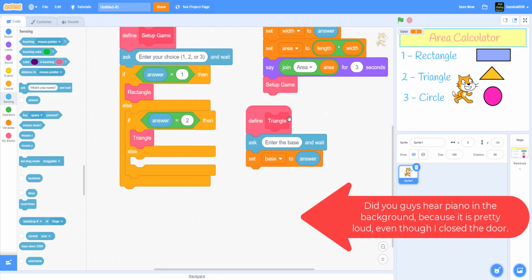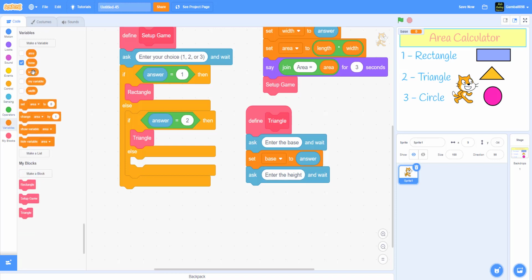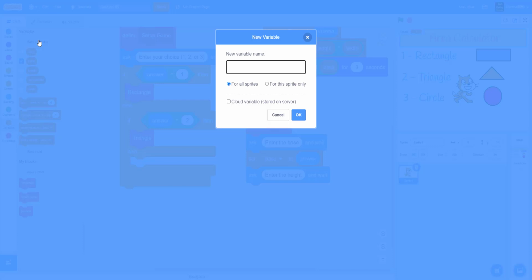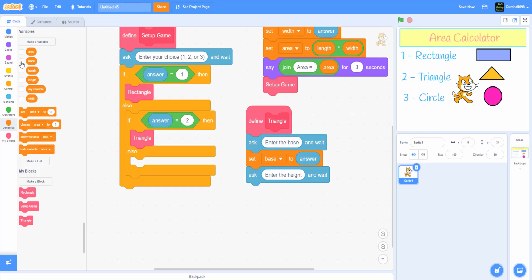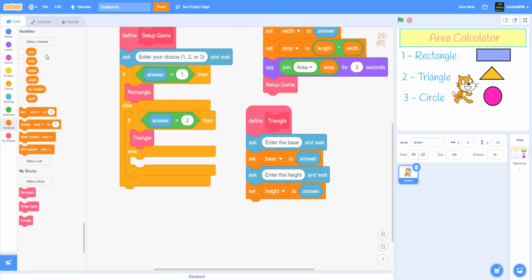It'll set base to answer. It'll ask, enter the height. Is that how you spell height? Yes. And it'll set height to answer. Make a new variable. Always use new variables. And then it'll, let me just hide these real quick. And then it'll set height to answer. And it'll set area